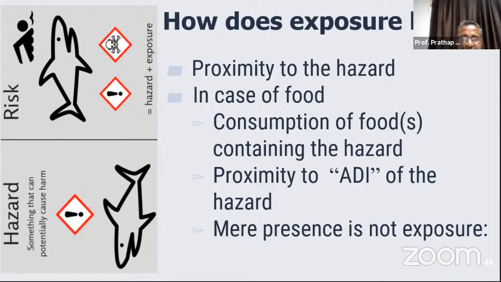One is proximity to hazard. Here you are seeing a cartoon on the left where you are swimming next to a shark. Risk is very high, but only if the shark is there. If you are not in the pond or in the ocean near the shark, then the hazard is there, but no risk is there. Therefore, proximity to the hazard makes the risk. Therefore, in case of food, consumption of foods containing the hazard,